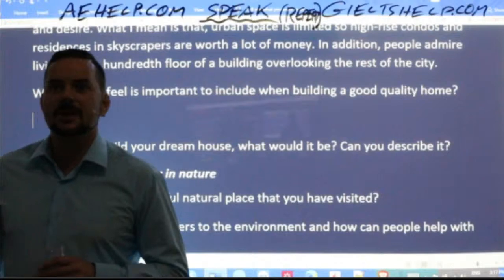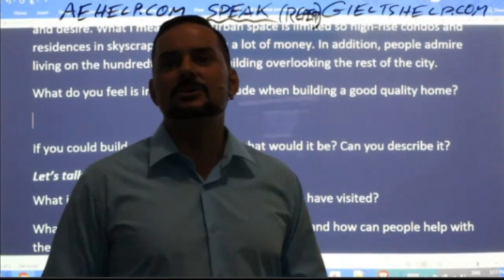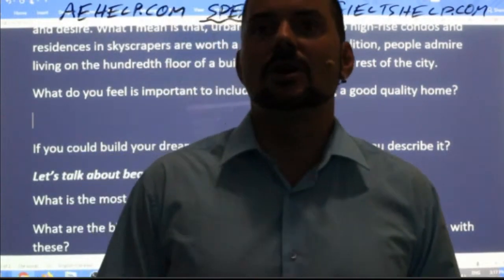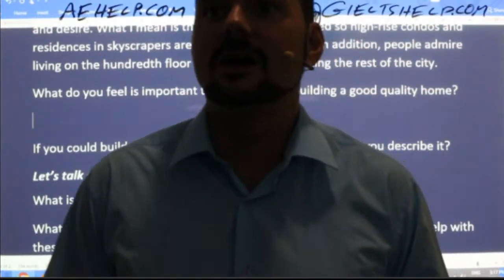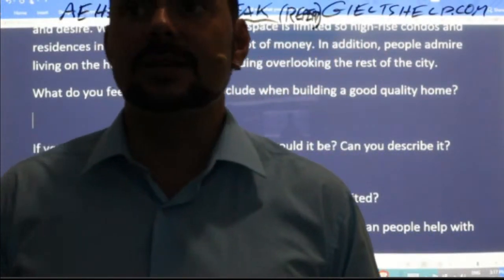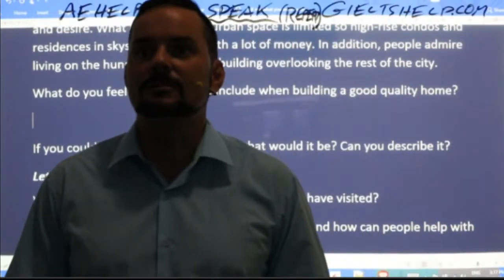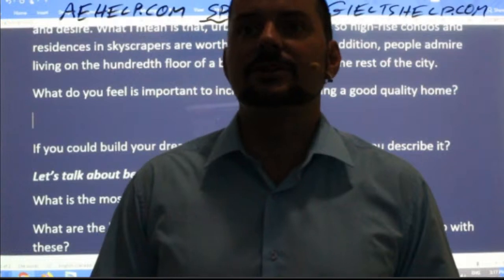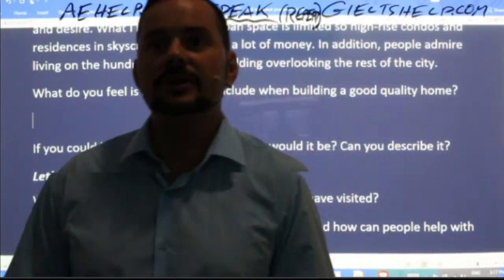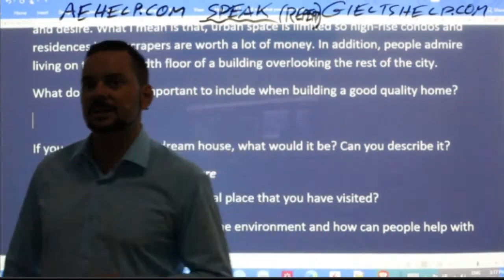Sure. Abhishek says, in my opinion, the most significant items to include in condos or apartments, such as high standard of materials, well equipped with the latest gadgets, and safety for people planning or designing the building to be eco-friendly. Very good, Abhishek. I like the answer. Can you give me an example?